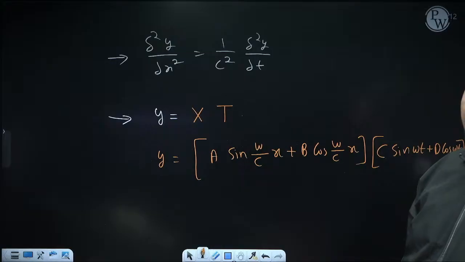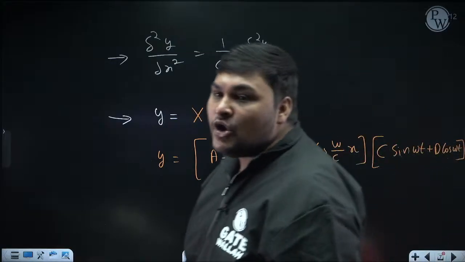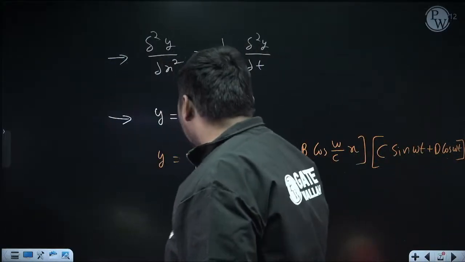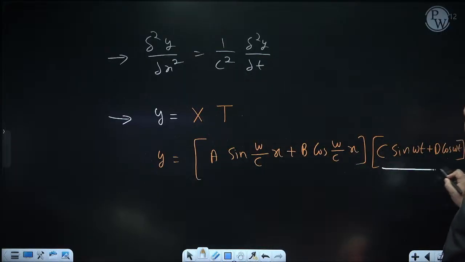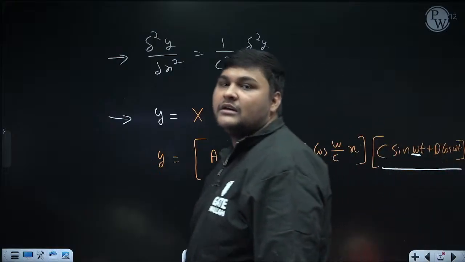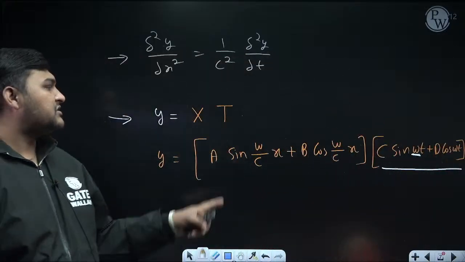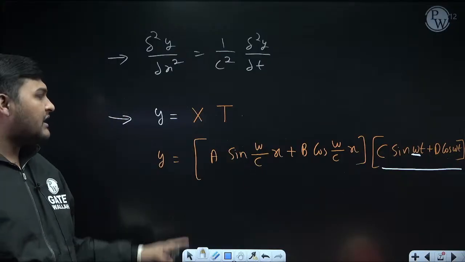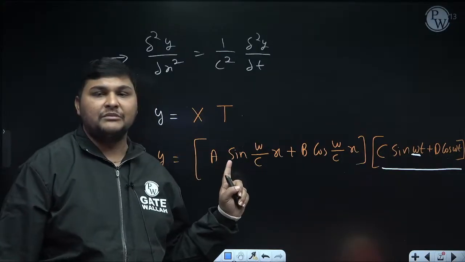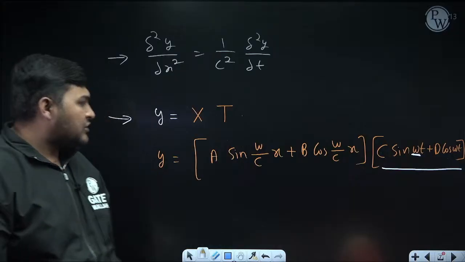Now if I ask what is the frequency of this vibration: whenever you are calculating frequency, in the harmonic function which is coming as a function of time, because frequency means time dependent, in that equation see what is the coefficient of time. Here the coefficient of time is omega. So here the natural frequency of this system is omega. But how will we calculate the value of omega? For that, we need to know some boundary conditions. Okay. So here actually now,